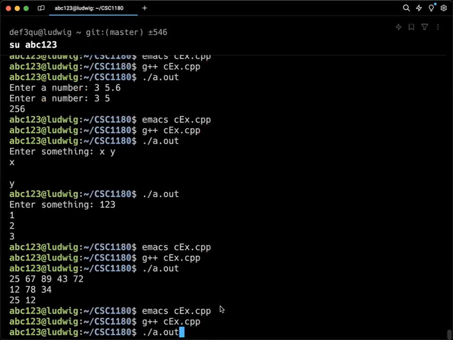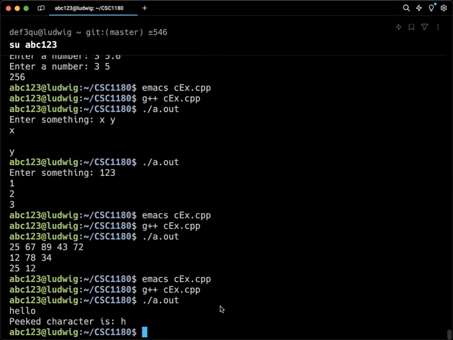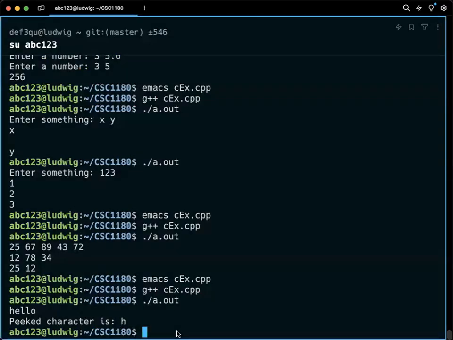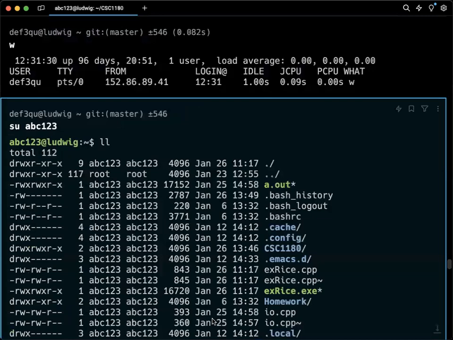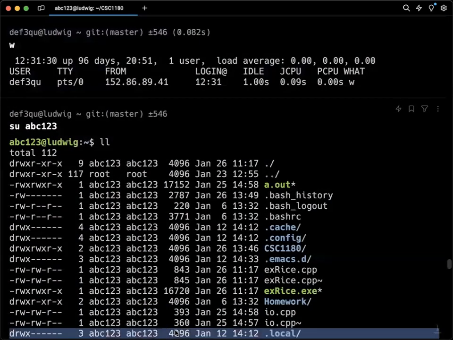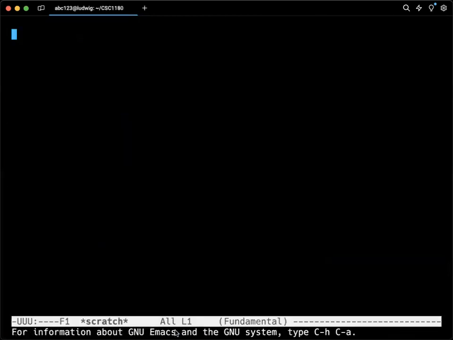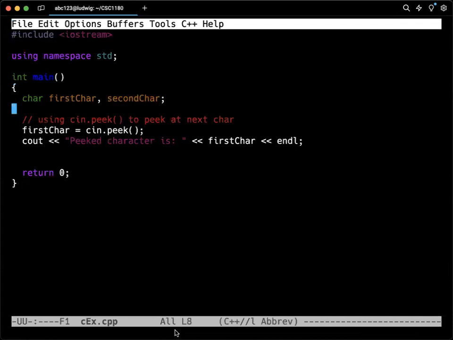Gonna compile it, gonna run it. It's waiting for some input. Okay. So the peeked character is this H. Okay. Just to show that it's not actually removing it from the character, I could go ahead and here and say